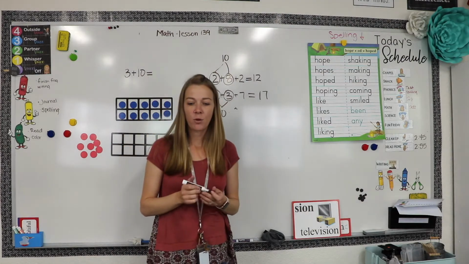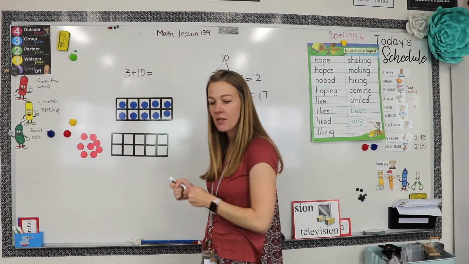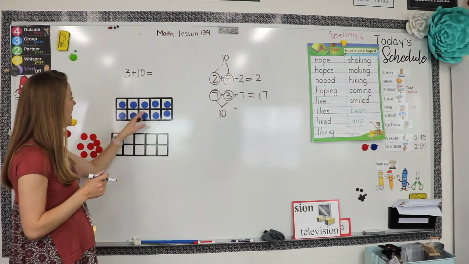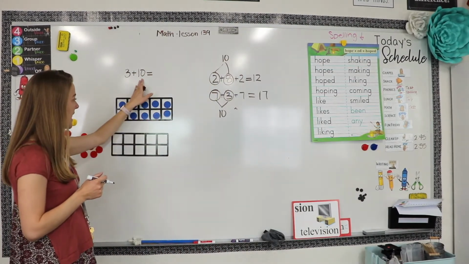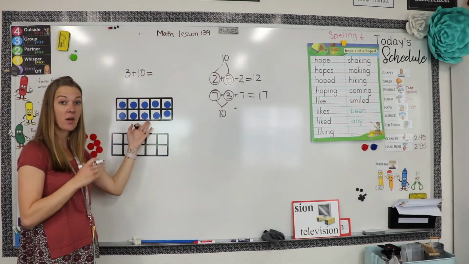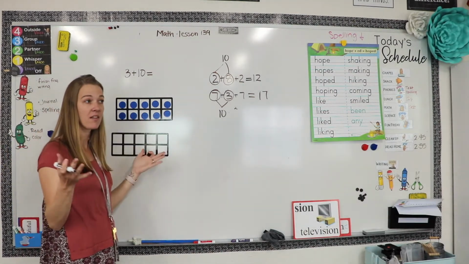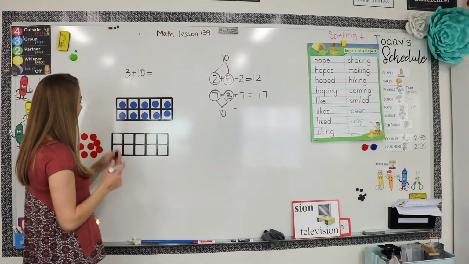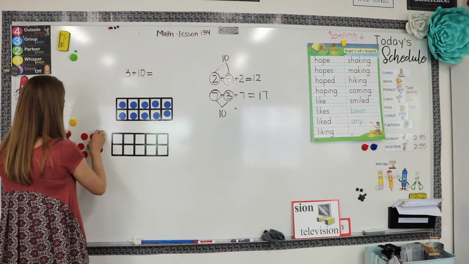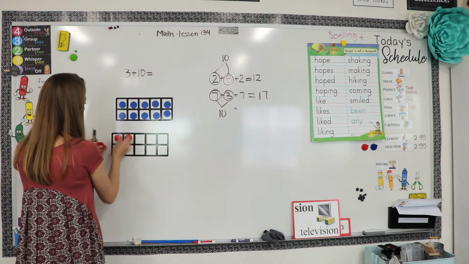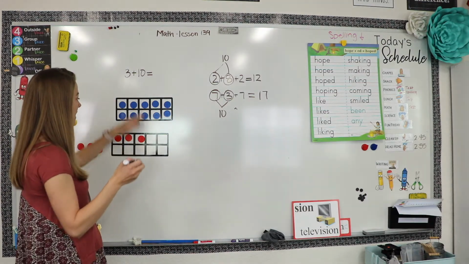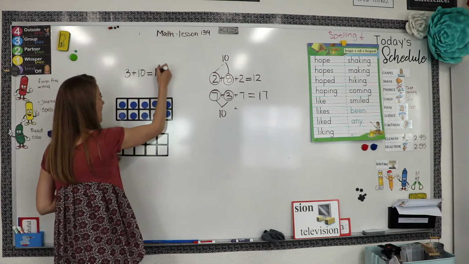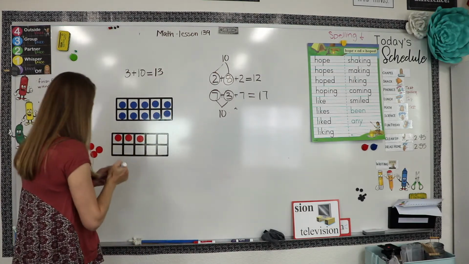So we're doing the same thing with 10 frames here. If I had the equation 3 plus 10, I fill up my 10 frame with the 10. I can see that it's filled, right? So I don't need to count all of these. A 10 frame totally filled is what? 10, okay? And then I can go ahead and add my 3 over here. And 10 plus 3 equals, there's 10, 11, 12, and 13, okay? Now, let's say